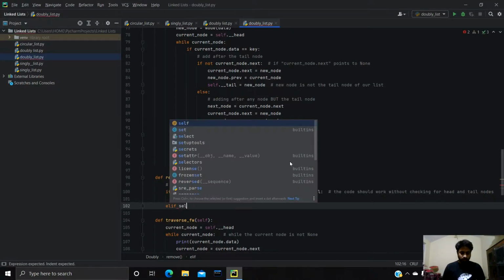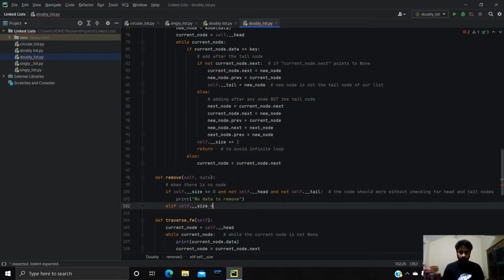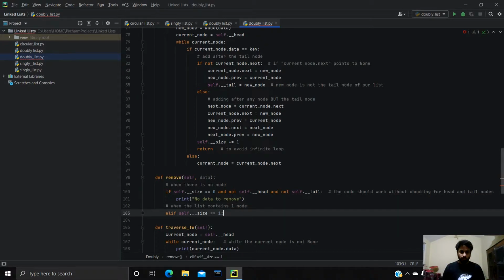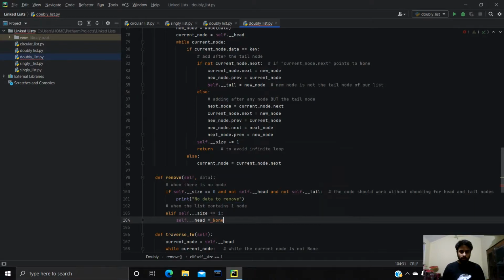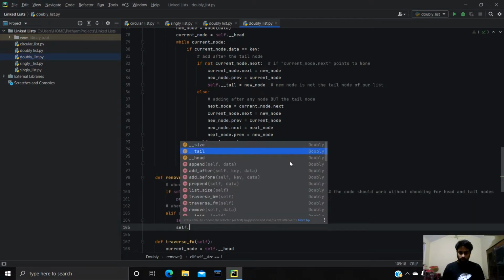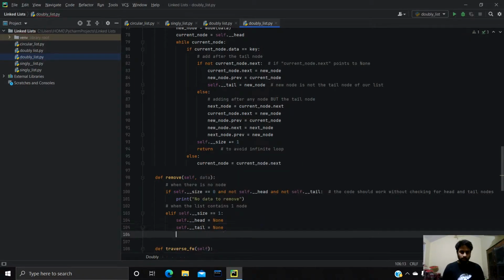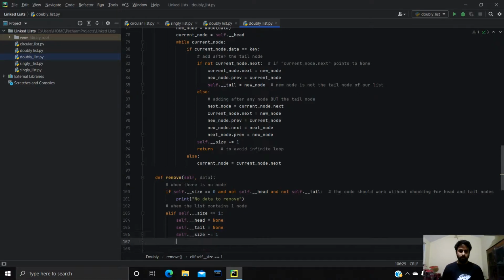Elif self.size is equal to 1. It means when the list contains one node, so self.head is going to point to None, self.tail will point to None again, and self.size is decremented by 1. Okay. Elif,